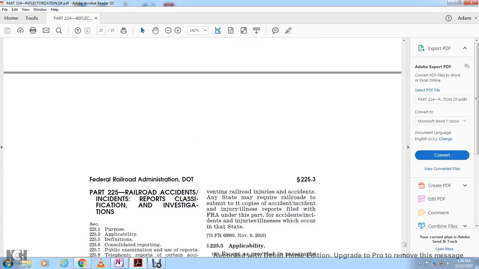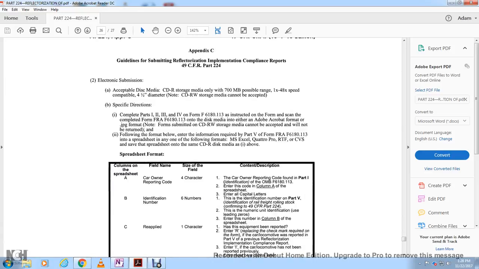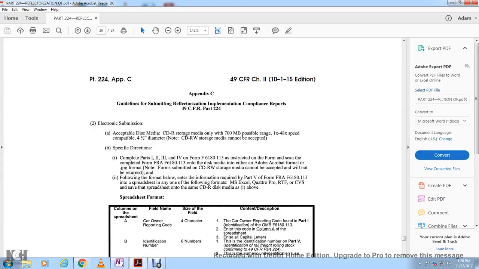Alright, look at that. This is the last page. Appendix C, guidelines for submitting the reflectorization implementation report. Electronic submission, acceptable disk media: CD storage media only, 700 megabytes maximum, 1x to 48x compatible, 4.5-inch diameter. The CD or storage disk can be accepted. Specific directions: complete Parts 1, 2, 3, and 4 of the form 6180.113 with the instructions of the form,